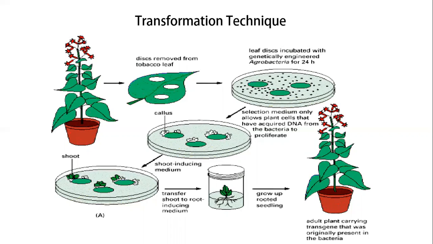So basically this is the total process, and we must continue it for up to 3 to 4 weeks. Within 1 month, from this leaf disc we can get a whole transgenic plant. So this is the method. But keep one thing in mind: all these media contain selection agents, that means antibiotics like kanamycin or carbenicillin, and these are very much essential for the selection of transgenic plants. So this portion I have now completed, and let's enter into virus mediated gene transfer in plants.